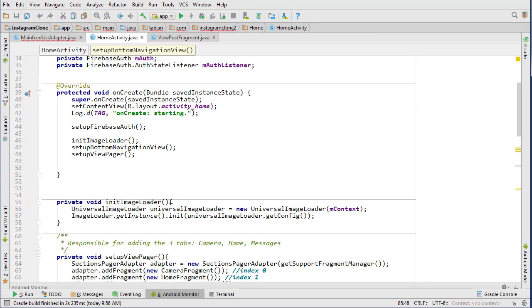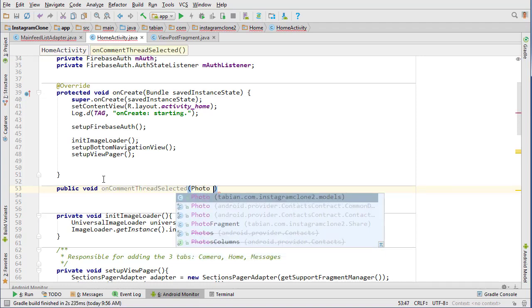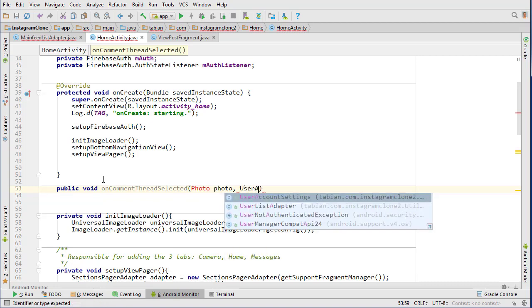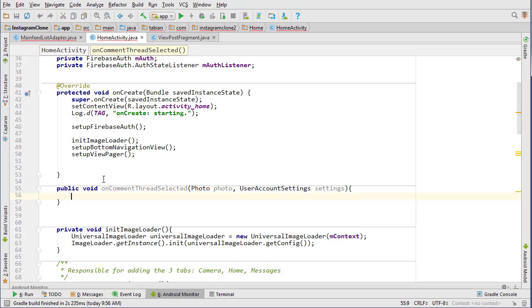So in HomeActivity we can just create a method for doing that. We don't need to create an interface. So we can just do public void onCommentThreadSelected, and we'll take the photo object and UserAccountSettings, and get that photo. So, selected a comment